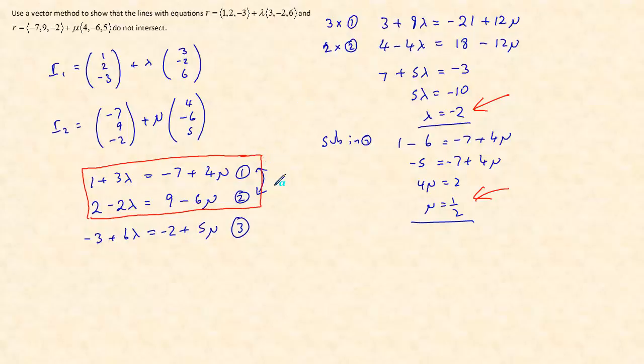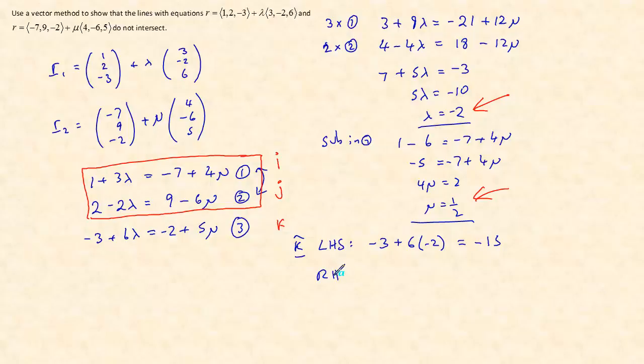equations work. In other words, the i component and the j component would be the same. But if these lines are not going to intersect, then the k component would be different. So let's try that. If we look at the left hand side of the k component, the left hand side is going to be -3 add 6 lots of -2,